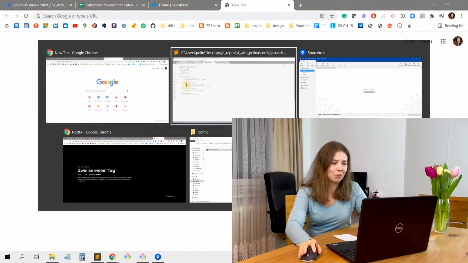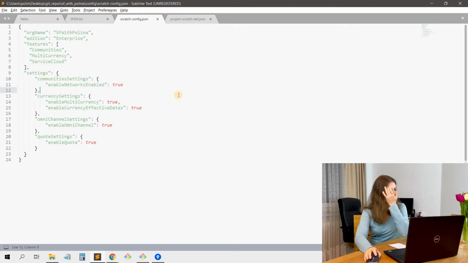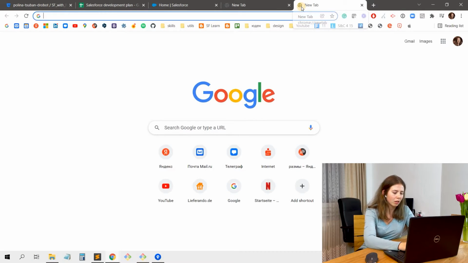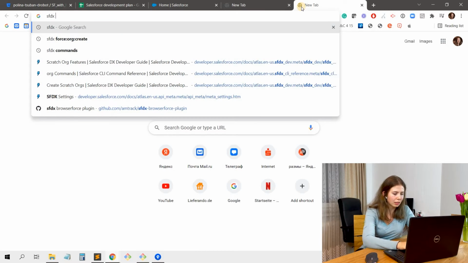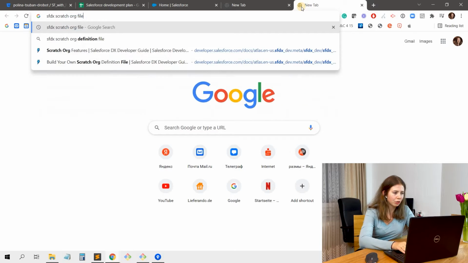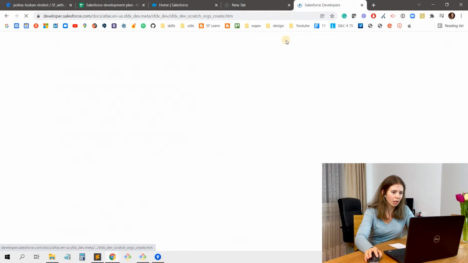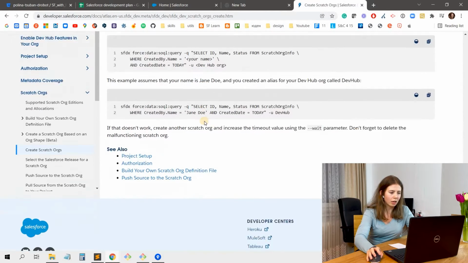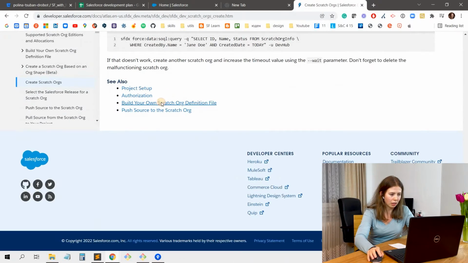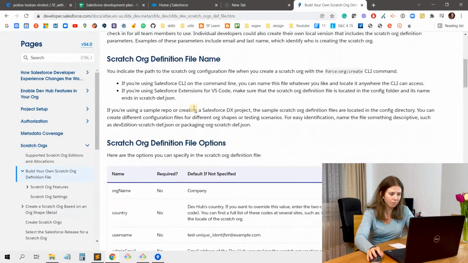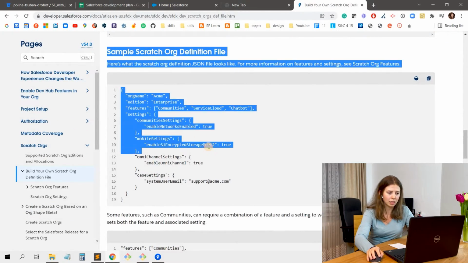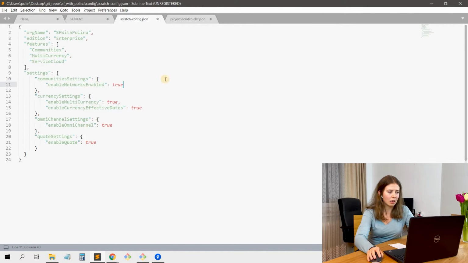So let me show you. Here is the example of the file which I took from the Scratch file documentation. So okay, let me open this first. Scratch org file. Yeah, this documentation, so create Scratchworks, and it was provided in here. Yeah, this sample is taken. And now,